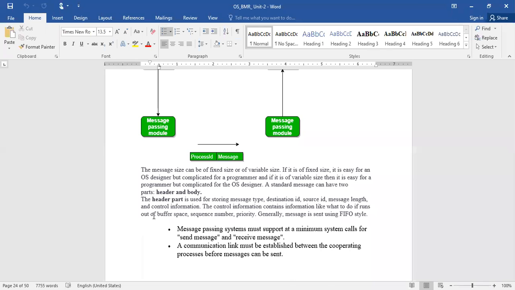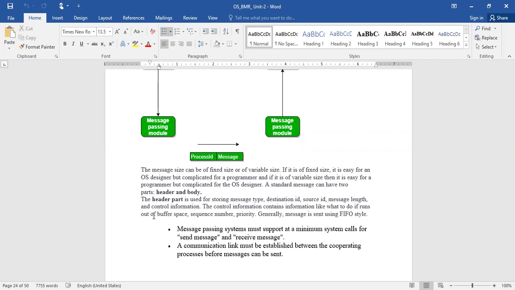These all become difficult tasks for the programmer. If it is variable length, it will be difficult for the operating system, because there you need to implement a different mechanism to handle variable size messages. But the programmer need not worry about how the data is transmitted, because the OS will take care of it.